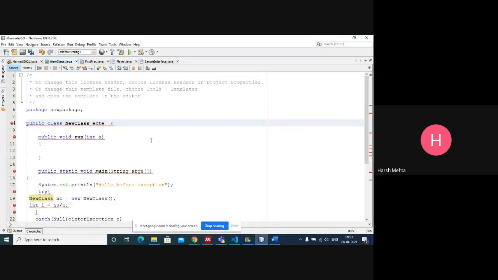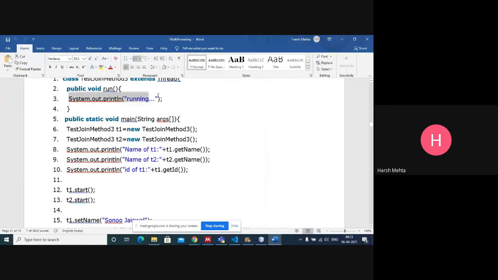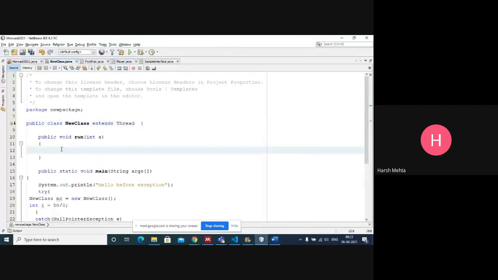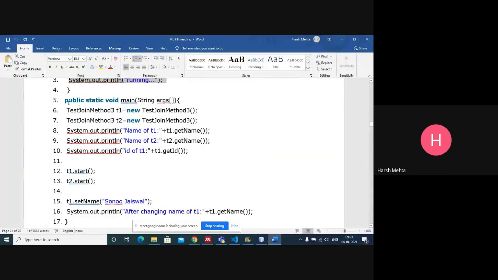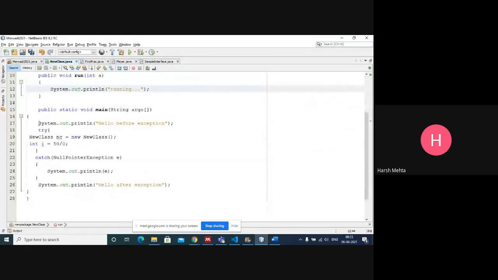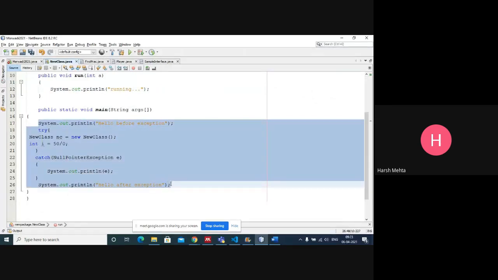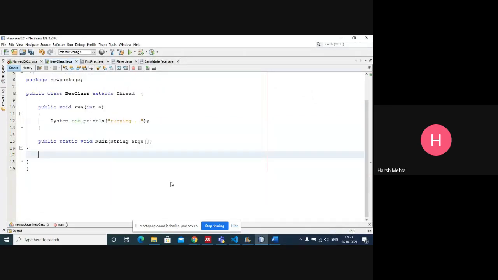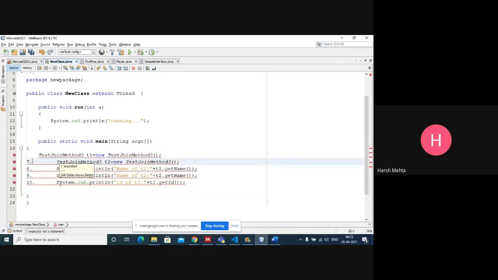Extends thread, and here running. Let me just copy paste this simple thing here. Okay. And inside this main method, new class.